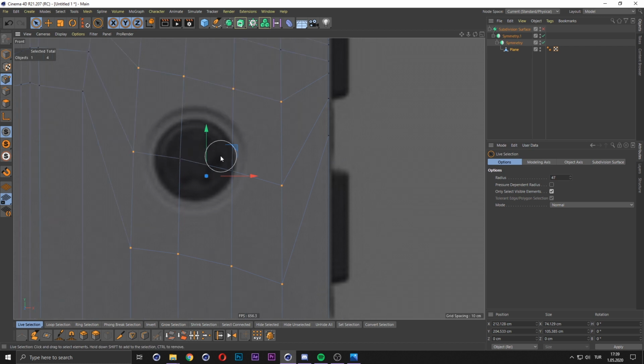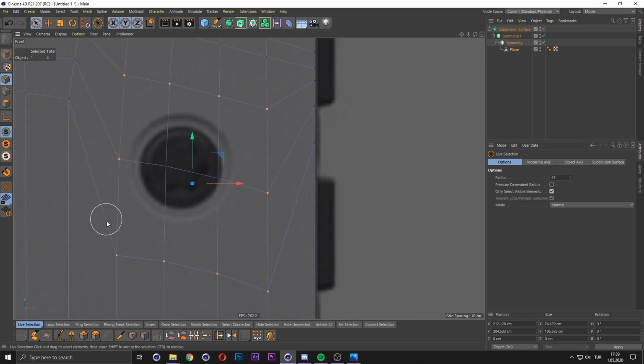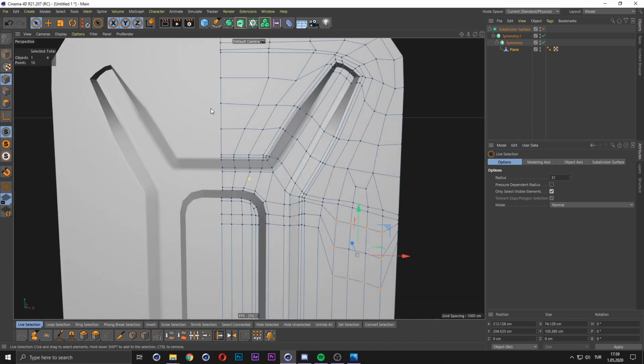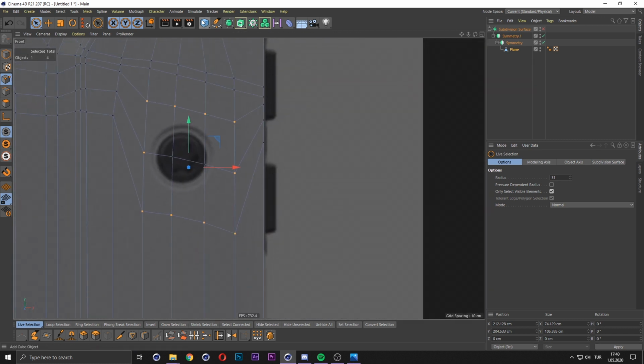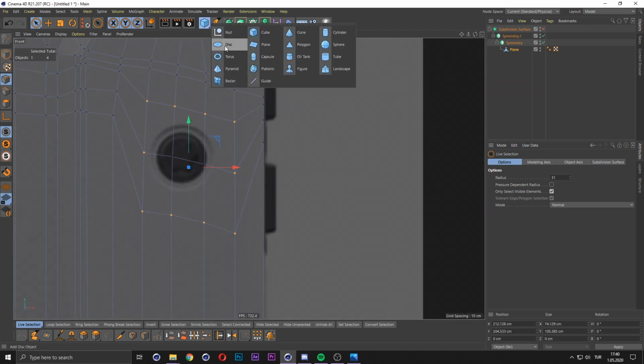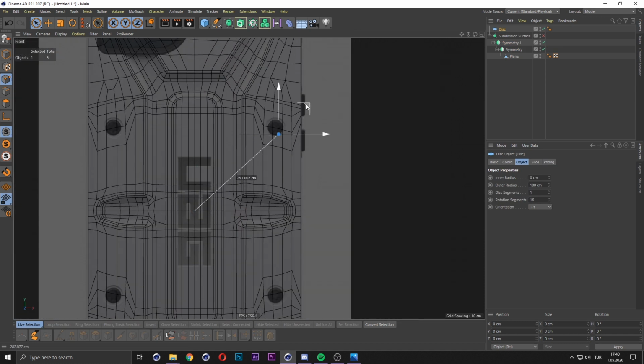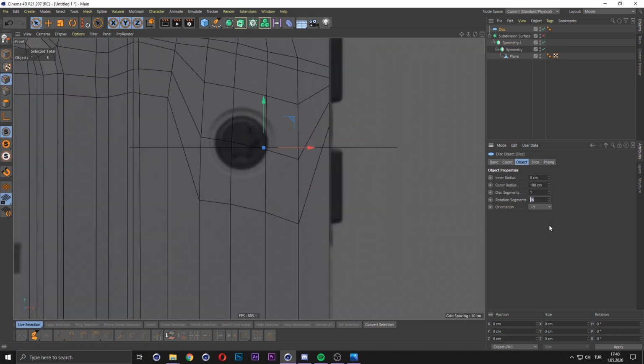Select these points and let's see how many points we have. 10. So I will make a disk for a reference and make it 10 segments